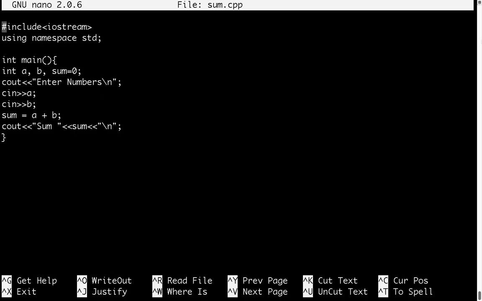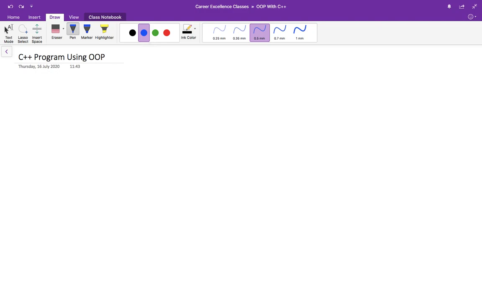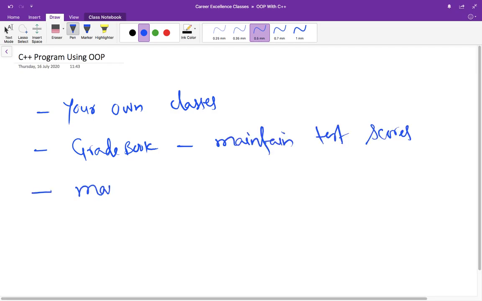If you work in a software development team, you might use hundreds or even thousands of classes in some software systems. Now we will present a carefully paced sequence of complete working programs to demonstrate creating your own classes. So let us begin with an example that consists of a class GradeBook, which when it's fully developed will represent a gradebook that an instructor can use to maintain student test scores. And there will be a main function that will create a GradeBook object.